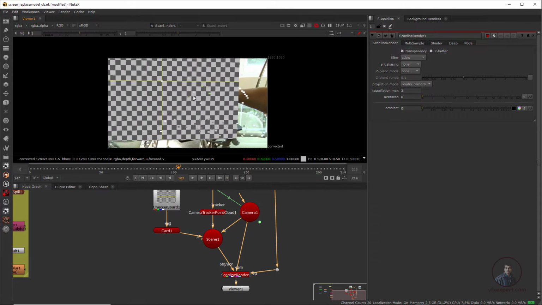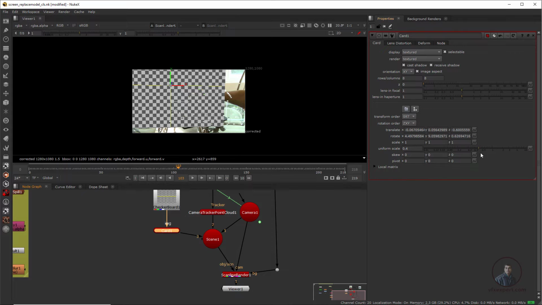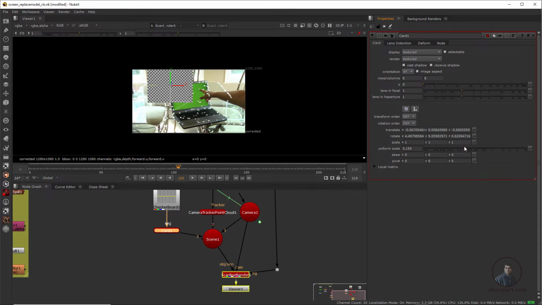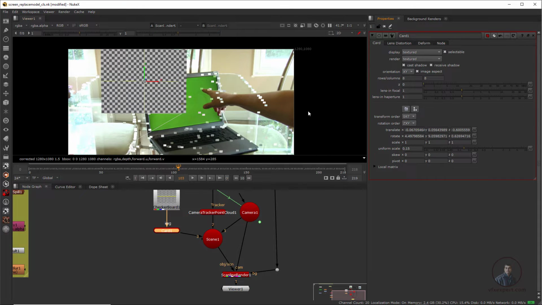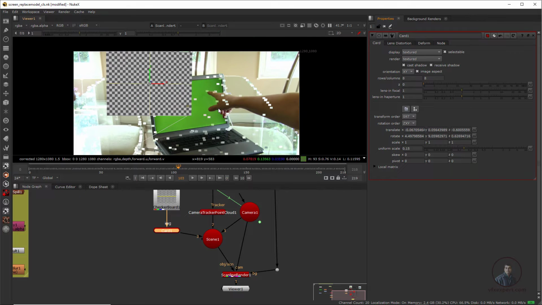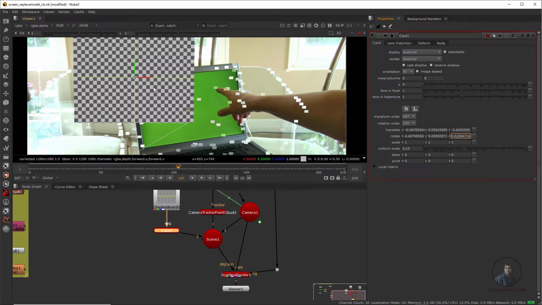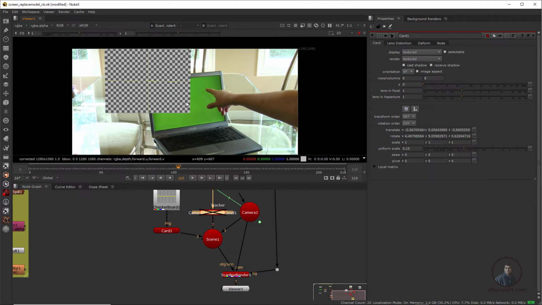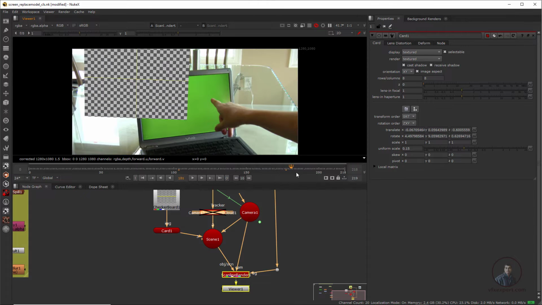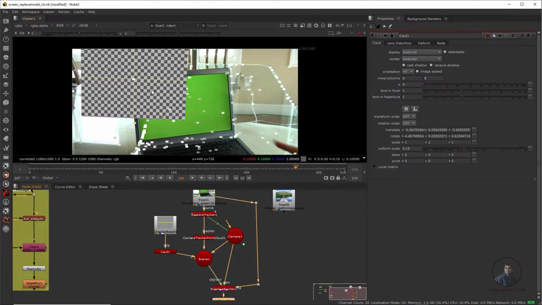Now press tab here. Now double click on this card and adjust this card according to your monitor. Guys, if you want to adjust this card according to your monitor, you have to adjust all these rotation values and place your card according to the monitor perspective. This is again an important thing. So just hide these point clouds here. Now press D here. This is a little bit difficult, placing this card according to our monitor perspective. So how can we easily adjust this card perspective according to this monitor?